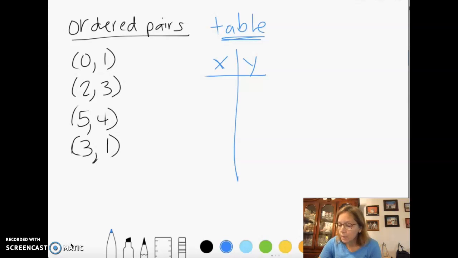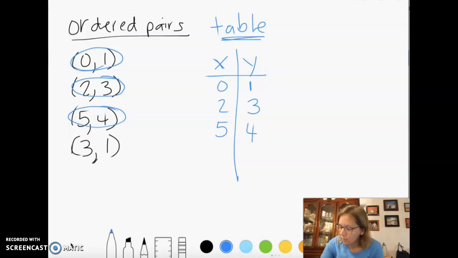Okay, so if I'm taking the first one, 0 is the x, 1 is the y. Next one, 2 is the x, 3 is the y, 5 is the x, 4 is the y, and 3 is the x, and 1 is the y. Okay, that's all there is to it. You're just literally listing the x values in one column and the y values in the other. And then the last way